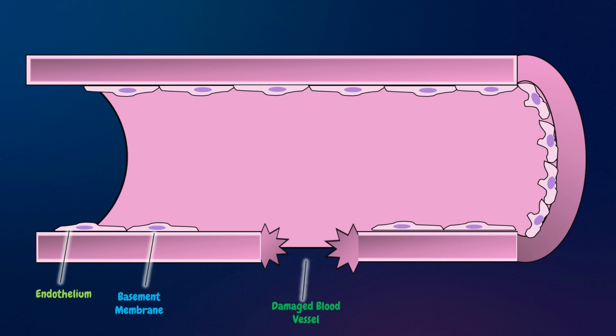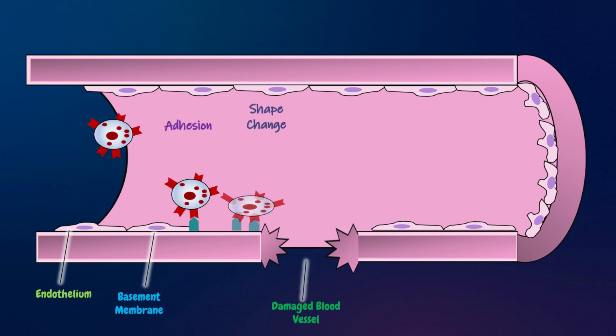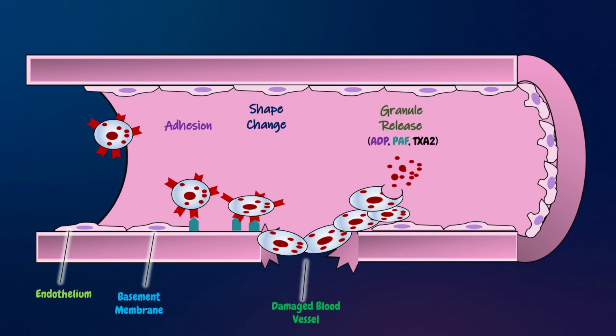Formation of a platelet plug in a severed blood vessel. Endothelial injury and exposure of the vascular extracellular matrix facilitate platelet adhesion and activation, which changes their shape and causes release of adenosine diphosphate, thromboxane A2, and platelet activating factor. These platelet-secreted factors recruit additional platelets and aggregation to form a hemostatic plug.